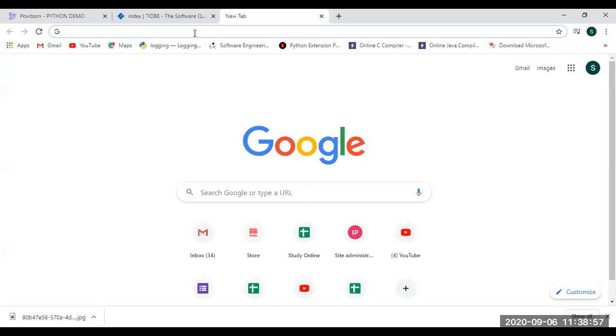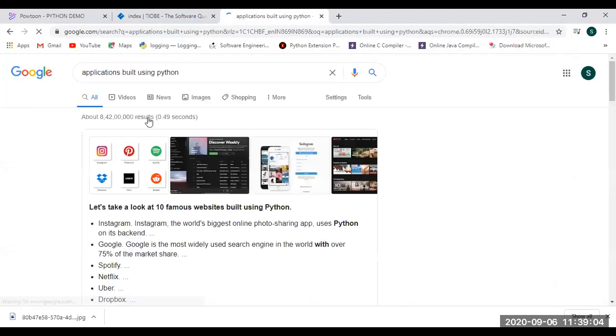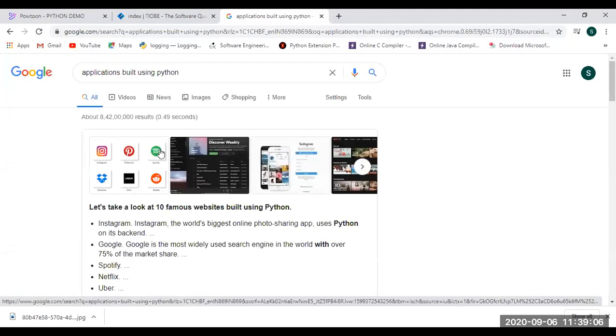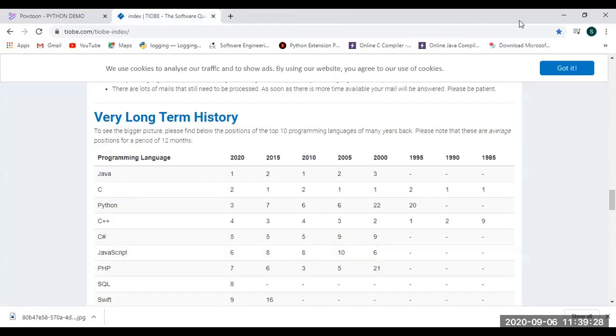See here, if you want, I can show you. This is the doubt of one student, so I will tell you about applications developed using Python. You can see Instagram, Spotify, Dropbox, Pinterest, Uber. Plenty of applications are developed using Python. Not only Python, some smaller technologies will be used, and similarly they use Java as well. Guys, using Python and the Django framework, you can develop applications like Book My Show, WhatsApp, Amazon, or any other application that I will take care of in the course.